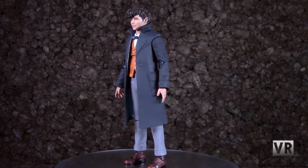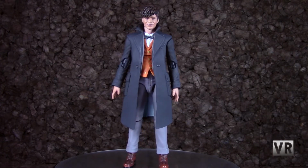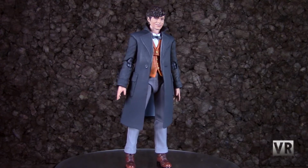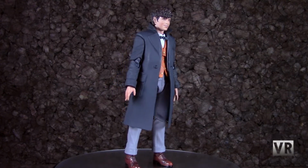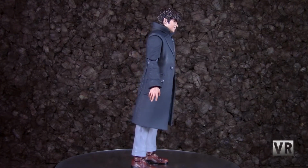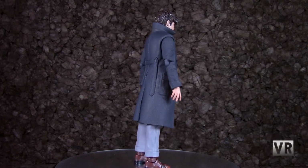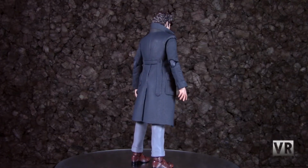He's got a lot of accessories, he's got some animals and interchangeable parts and all the sorts of things that you would want, and it's also one of the only Mafex things that I've picked up since forever ago. And he's really good. I have no real complaints about him. I think it's about as good as you could really be expected to do with this sort of design, and he fits in with my SH Figuarts and stuff, so I am more than happy to have him,